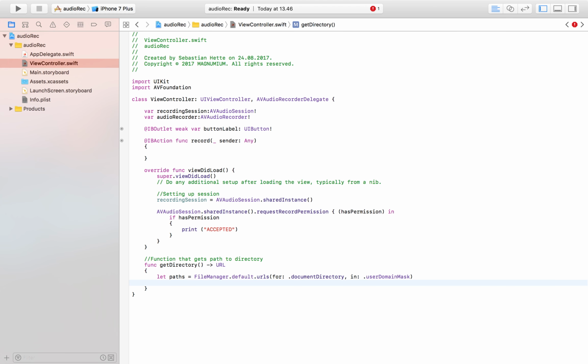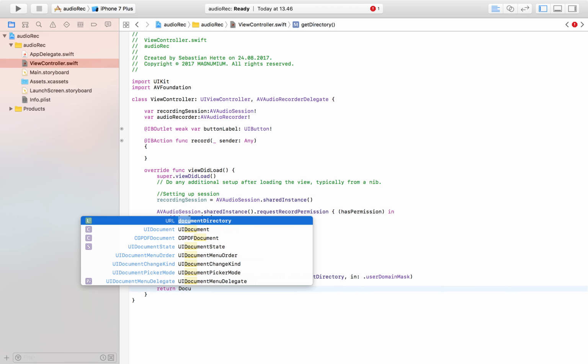Then we're also going to define a constant named documentDirectory, and this is going to be equal to path, and we're going to use the first one, which means we have to put in a 0, and then we are going to return